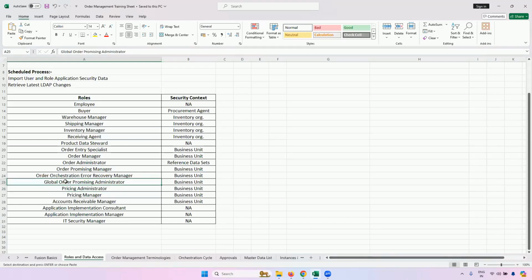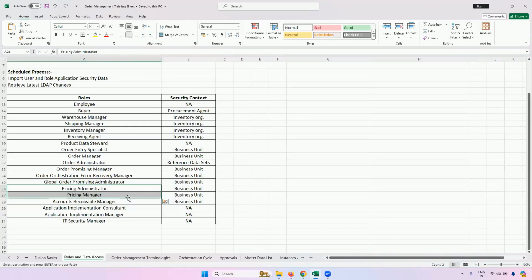Then there is global order promising administrator. Again, if you want to do any setups with the GOP, then you need to assign him this role. Then there are 2 roles related to pricing. How a price is determined for an item whenever you're creating a sales order, there are many factors, right?